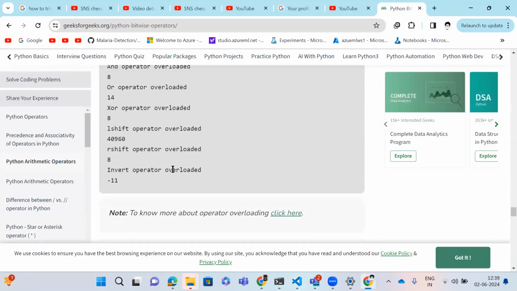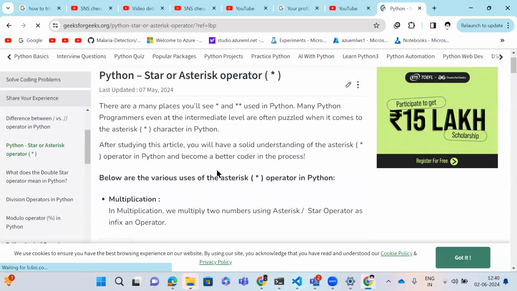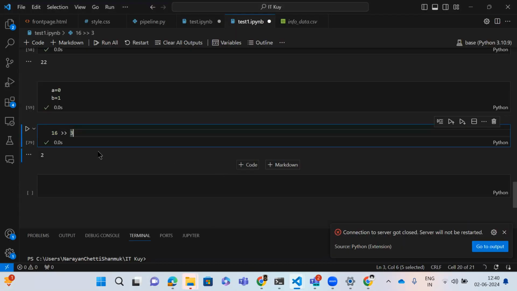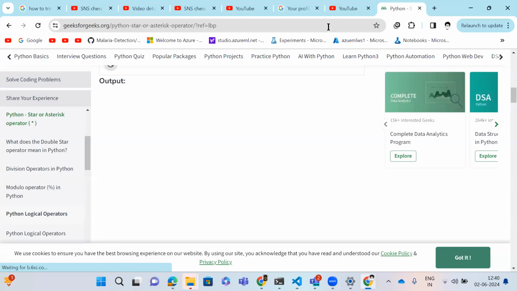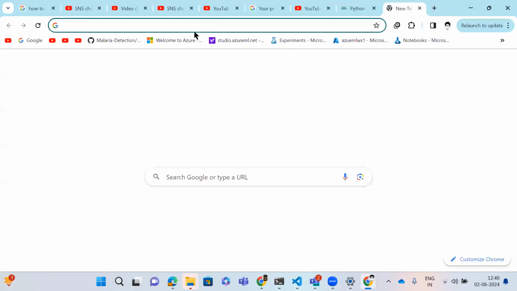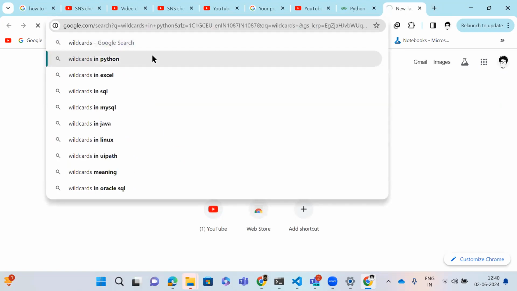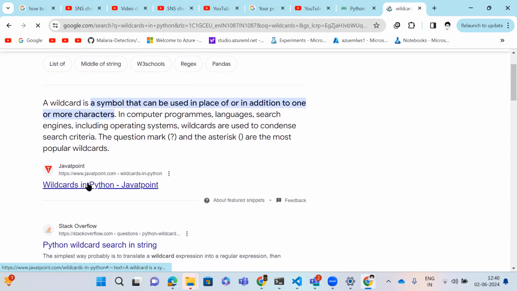So this is what we call the asterisk operator, correct? The star or asterisk. And one of the things we missed out in strings is something in Python we call wildcards. So if I search for wildcards in Python, what are wildcards? Wildcards are the characters like